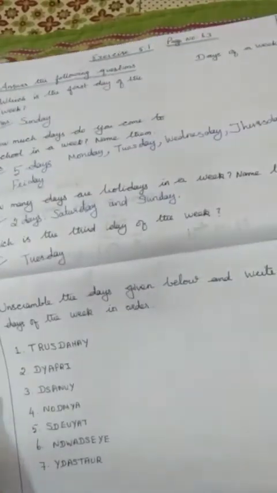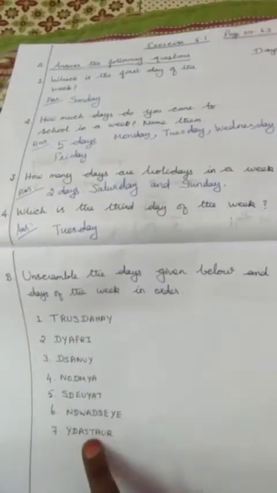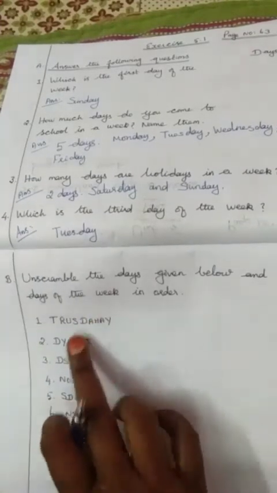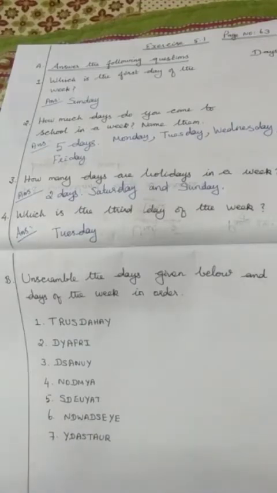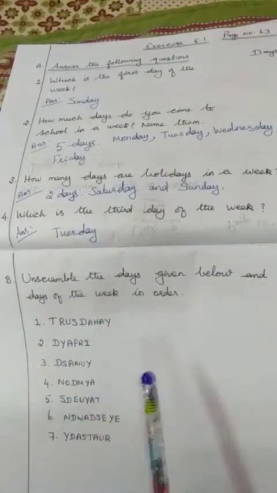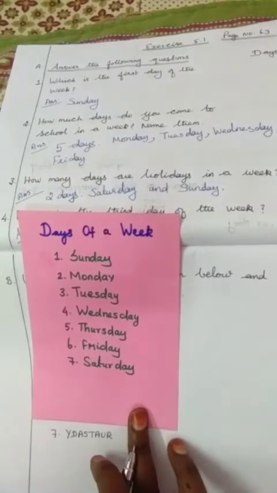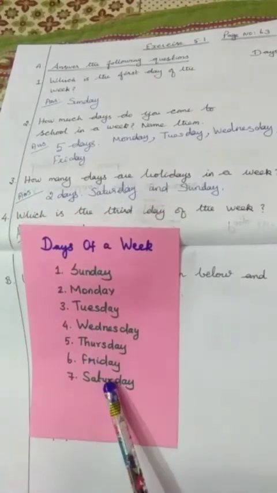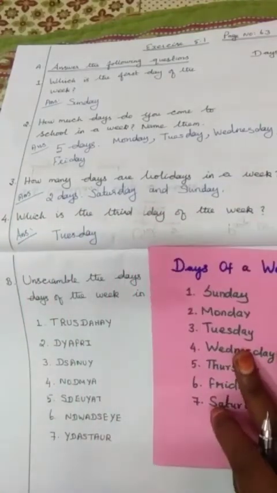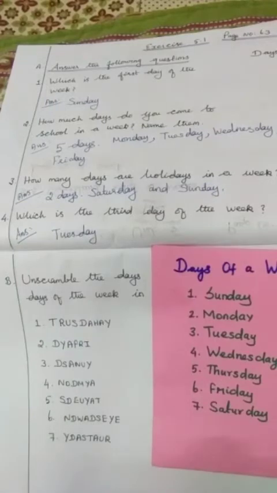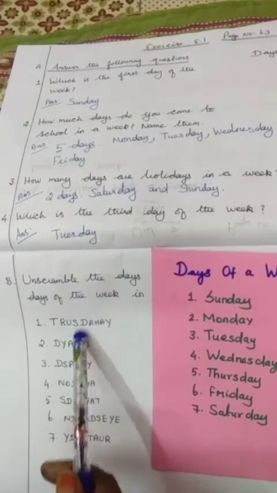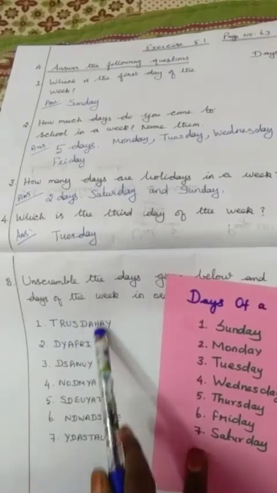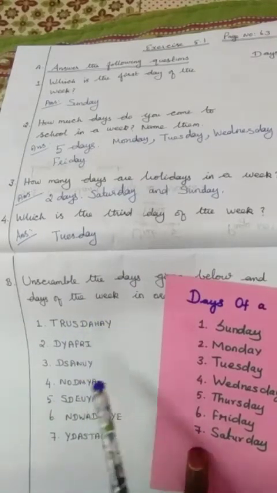Okay. The next question, you have to unscramble these days and write the order of the days. I am leaving this as homework for you. So try to unscramble these words. You know the spelling of these words, na? Sunday, Monday. This is the order of the days. You have to start from Sunday, Monday. This is the order, and you can keep one copy from here and check. I will give you one clue. DAY will appear in all the days. So you cut down the DAY and then find out what the days are here. Okay, unscramble and do it.